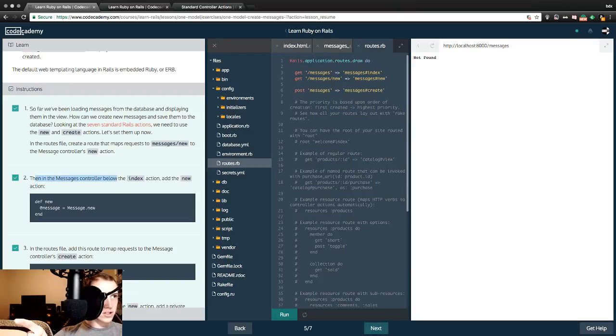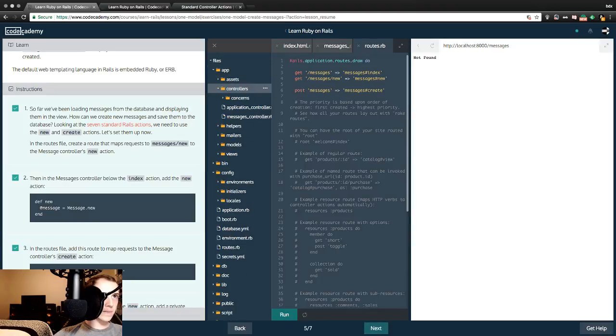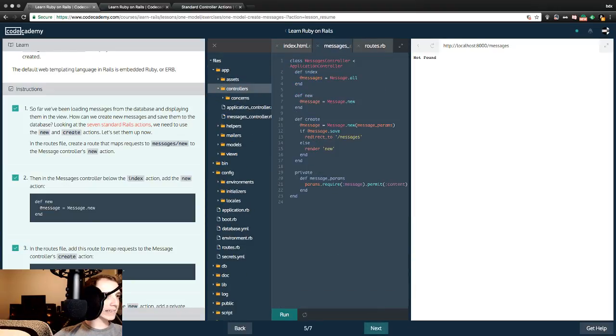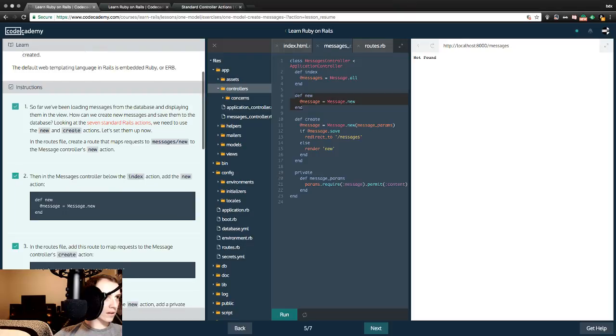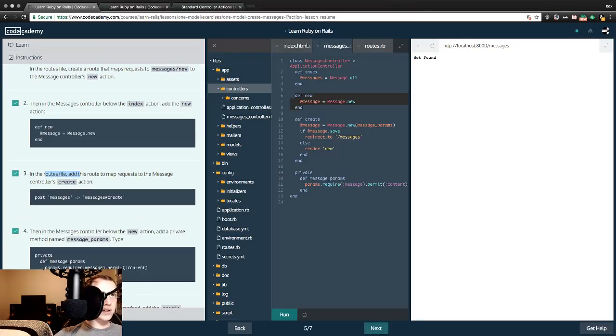2. Then in messages controller, below the index action, add the new action, define new app messages equals message.new. Where is this being added? In the messages controller, app controller messages, define new message, define new,